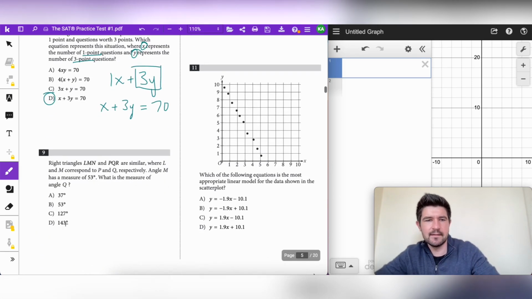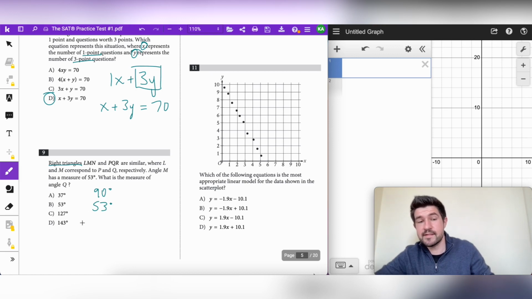What about number 9? Okay, we've got 2 right triangles. They're similar, and it says L and M correspond to P and Q. So, okay, all of those angles are kind of matching up in the order that they say. L goes with P, M and Q, N and R. We're used to that if we've ever seen similar triangles. And it says that angle M's measure is 53. What's the measure of angle Q? Well, if these are right triangles, obviously one pair of the angles is 90. And if the other angle is 53, well, that means you could maybe see pretty quickly that the answer,